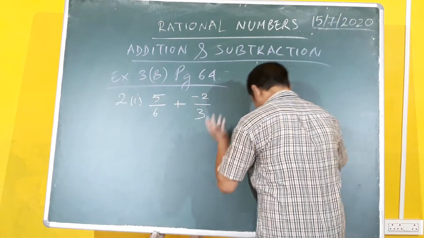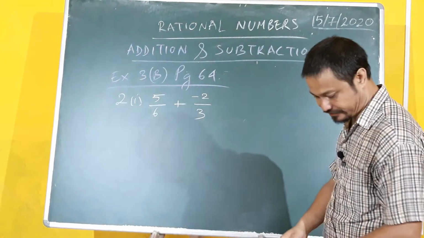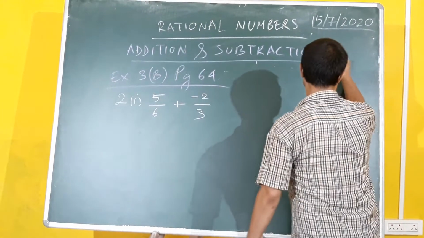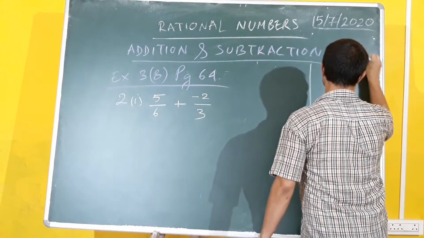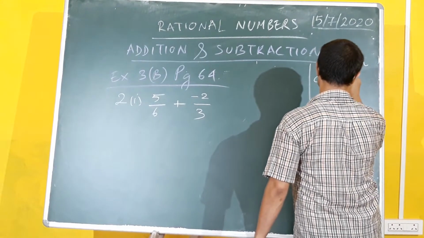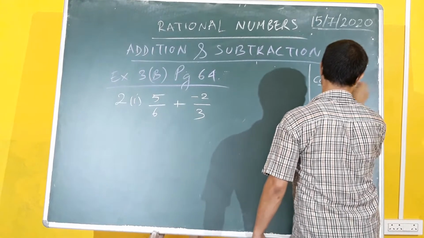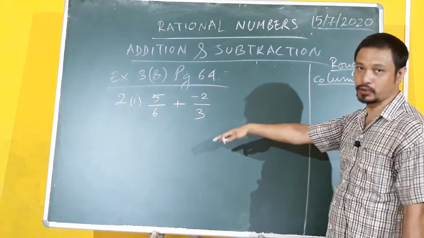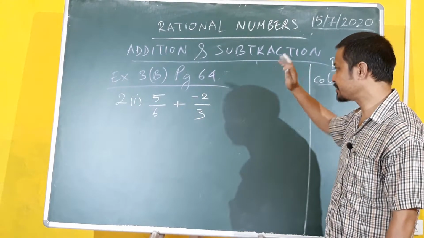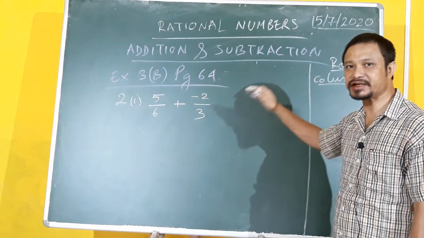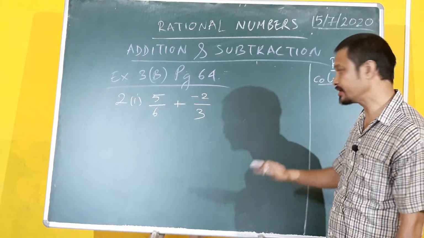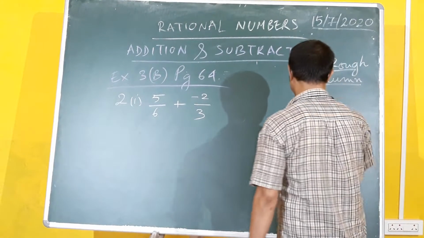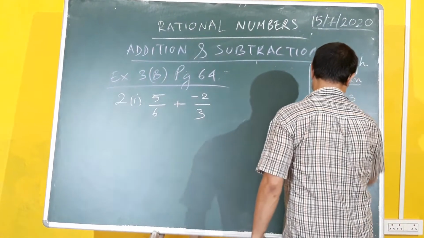Some of you already know what the LCM is, but still, for those of you who don't know, just on your rough column, I always emphasize this part where you need to have a rough column. Makes your work neat. In maths, you need to show how you are computing, how you are getting your answers, what your steps are. Each and everything has to be clear. If it's not clear, then it's not worth it. Some of the teachers might deduct marks because of that also. So get into the habit.